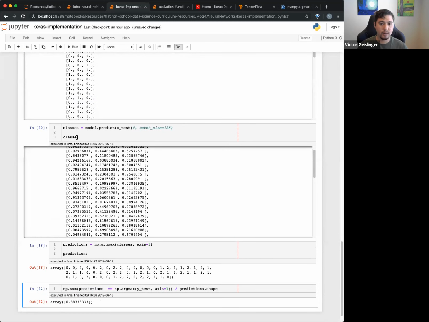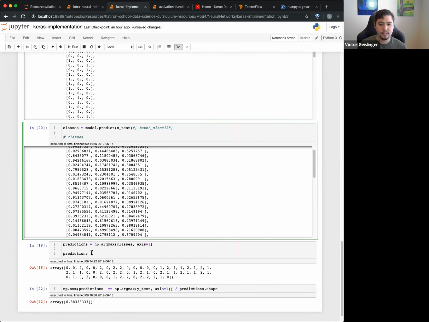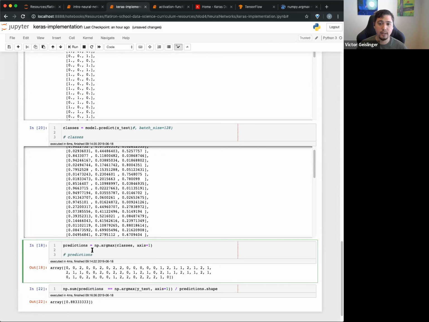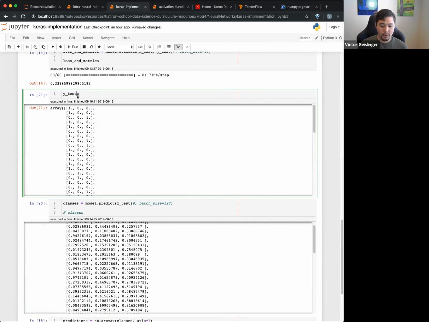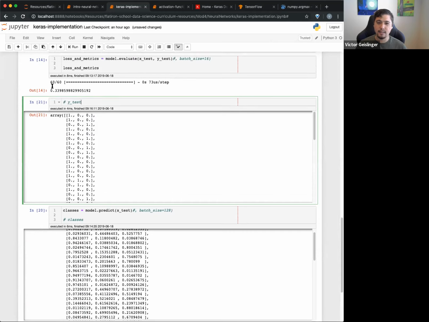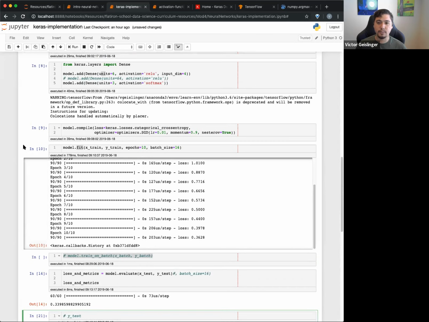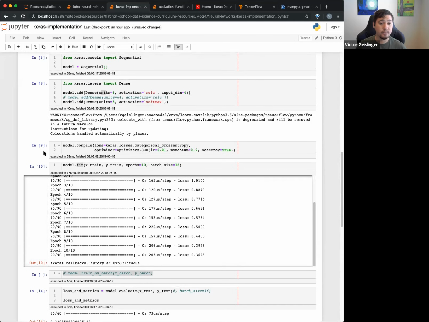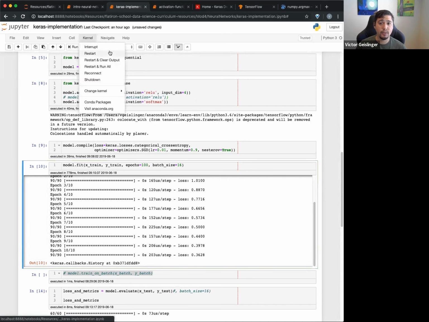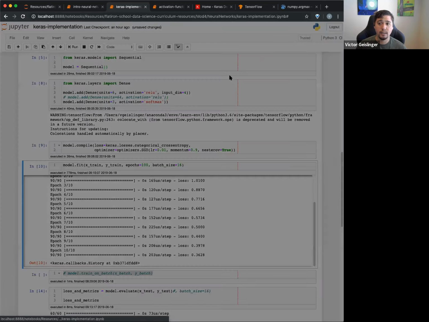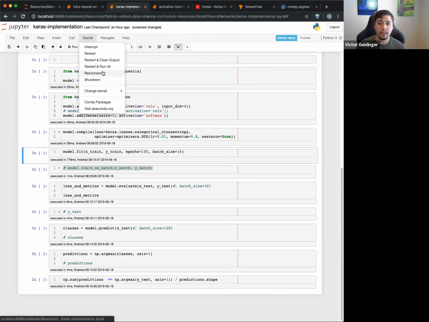Going forward, I'm going to comment out some of this stuff so we don't have to keep seeing it over and over again, and we can rerun this whole test again. This model is pretty small. If we had a much larger model, it would take a lot longer to process. But I'll quickly show you, for example, I could put in more epochs right here. Let's say I do epochs of 100, and we'll keep the same batch size. I'll run the whole thing all over again: restart, clear output, and then run all.